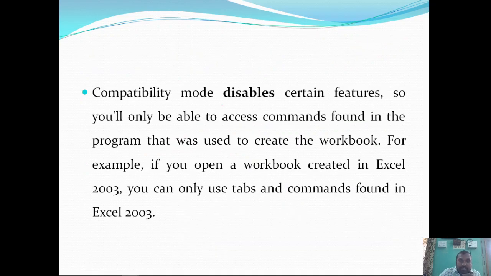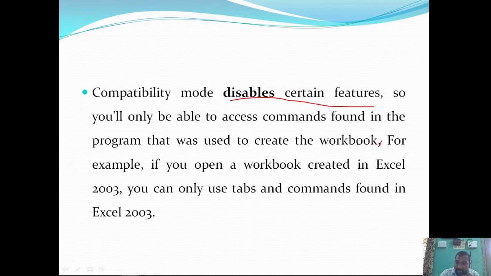So the compatibility mode disables certain features. You will only be able to access commands found in the program that was used to create the workbook.